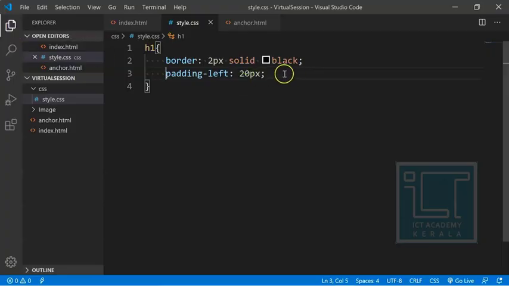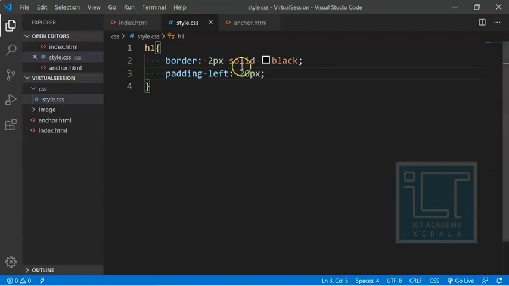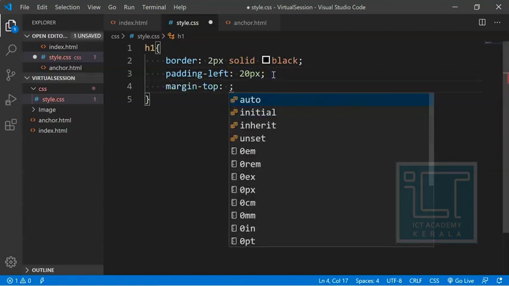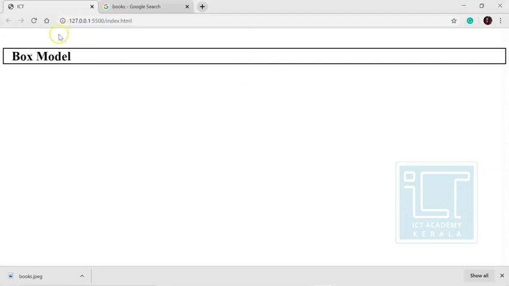Okay, now let me talk to you about the margin. By default, HTML or Visual Studio will give a standard distance of margin from the top, left, right, and bottom. So if I want to give a margin top of 50 pixels, I don't know whether it shows a big variation. See, there is a slight difference, like it has been moved down.